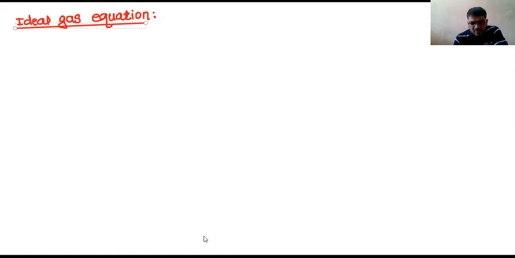And what is this equation? Let's see. If an ideal gas has mass m, having pressure P,